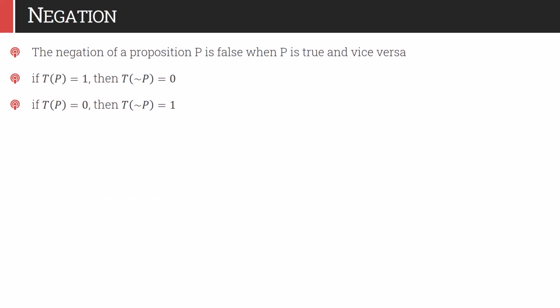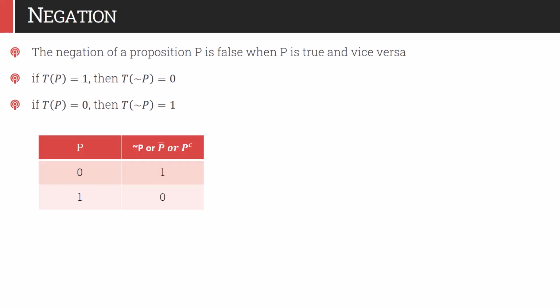The negation of a proposition P is false when P is true and vice versa. So if the truth value of P is 1, then the truth value of negation P would be 0. And if the truth value of P is 0, then the truth value of negation P would be 1. So this is how we can represent the truth table. And the negation proposition is represented by either tilt P or bar P or P complement or P dash, something